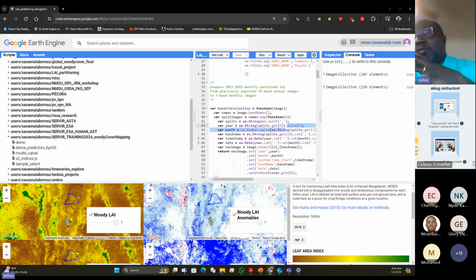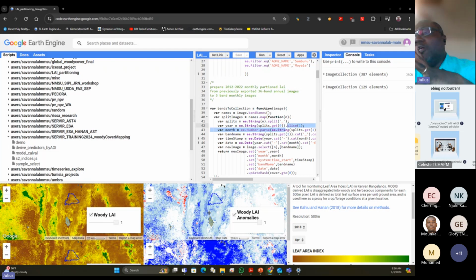But also because it became very clear very early on that existing Earth observation products, maps, remote sensing products, do not do sufficient justice to capturing the dynamics of